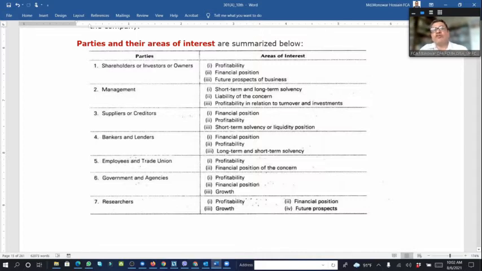Why do the supplier or creditor use it? They want to know the financial position. They want to know whether the company will be able to survive, or will be able to pay their bill or not. They should understand the profitability, short-term solvency, liquidity position, etc. And bank and lender, why do they use financial statements? Financial position, profitability, long-term. Here is one thing that we know previously,